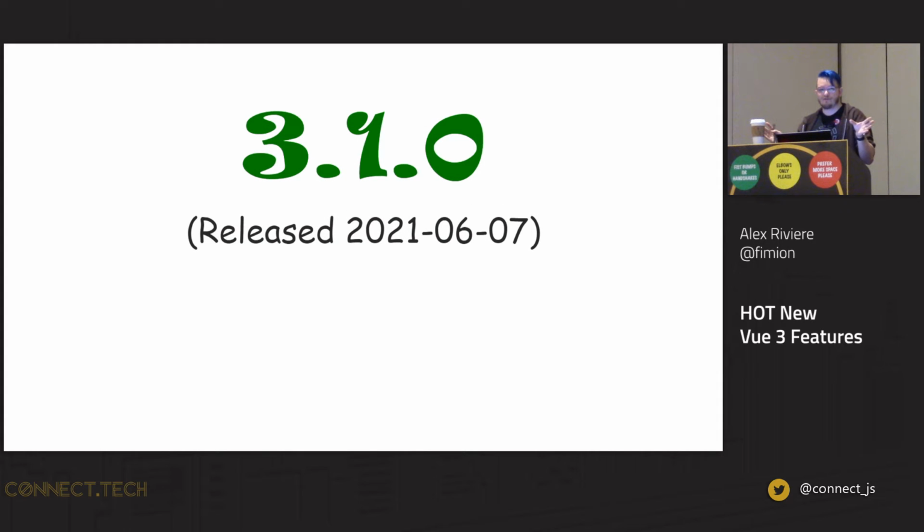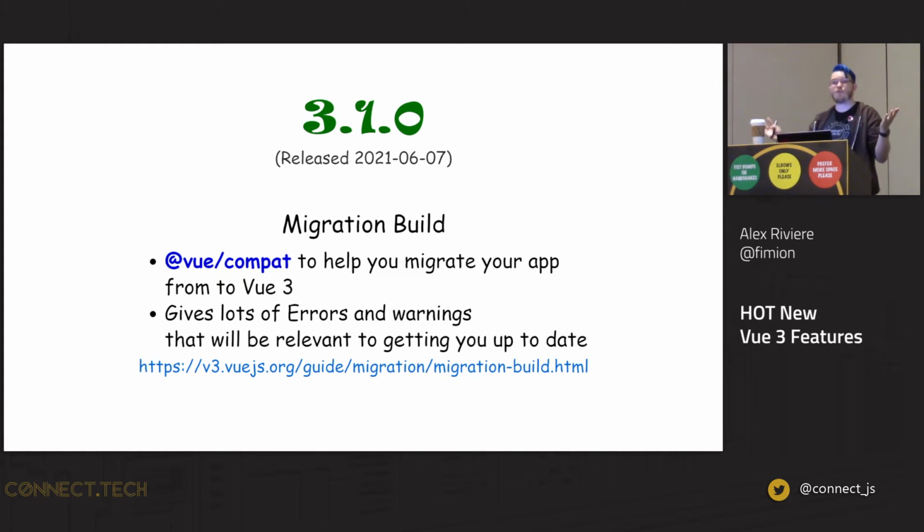So let's talk about Vue 3.1. Yes, Vue 3.1 was released earlier this year in June. So June 7th, we had version 3.1. It introduced a couple of things. The big one for 3.1 that they worked on tirelessly is the new migration build. If you have a Vue 2 application and you want to migrate it to Vue 3, the migration build is a way to be able to take your existing Vue 2 application, you change which version of Vue you're using, and you bring in the